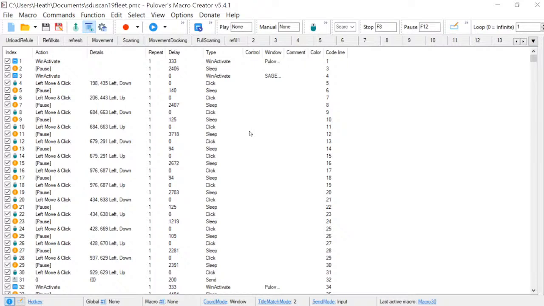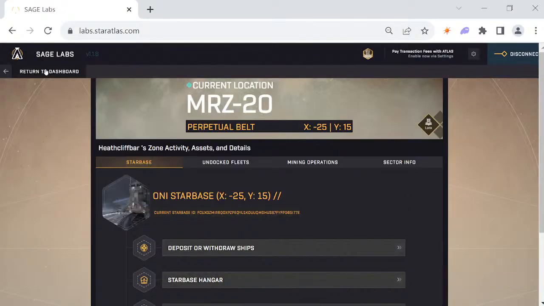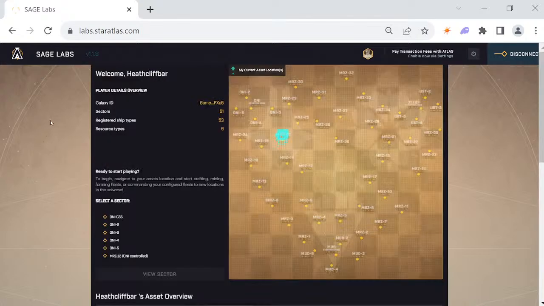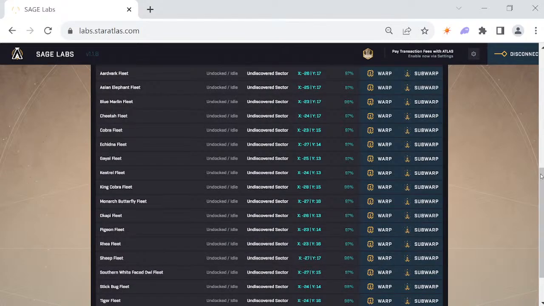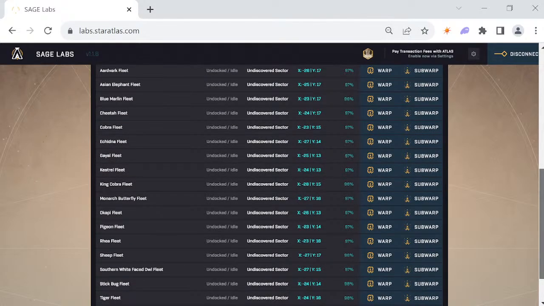All right, you want to make your own movements. Basically, what you do is you click into your screen to go to move everybody. This one actually activates from the quick commands. So if we go back to dashboard, this goes from quick command. It will scroll down to quick command, and then it will start to move all your ships in subwarp. It actually pulls down so that all the ships are on the screen correctly for me, and then it will start